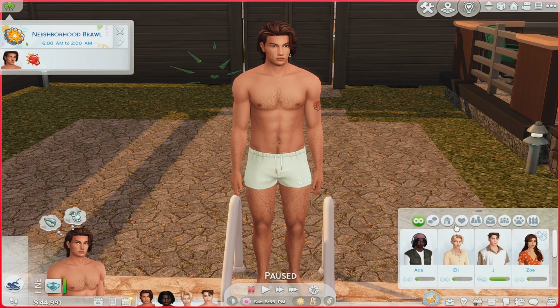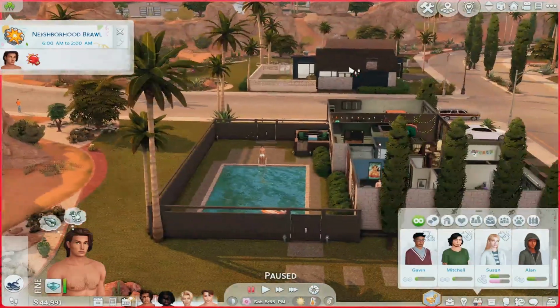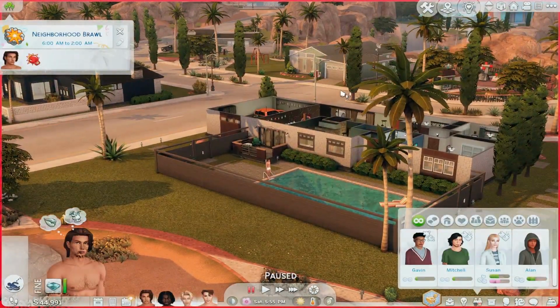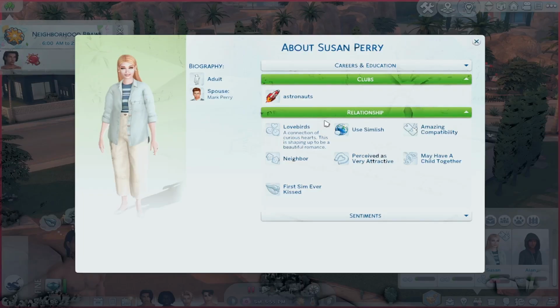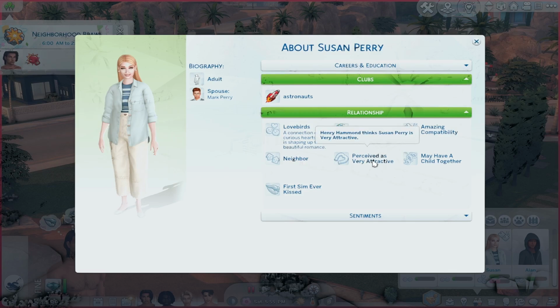But he has been sleeping with the neighbor, and the neighbor lives in this greenhouse right over here. He's been sleeping with Susan. So when you open up Susan's Simology panel, relationship panel, you can see that they're lovebirds. They have an amazing compatibility. They're neighbors. He finds her super attractive,